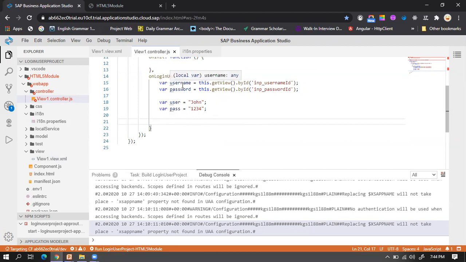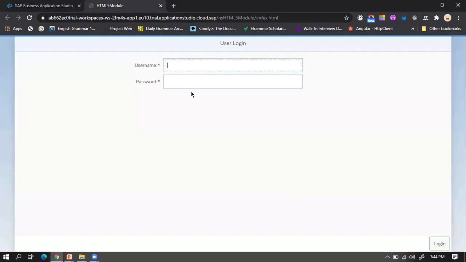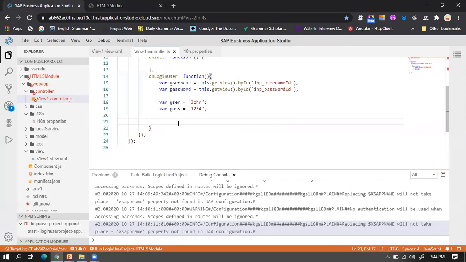And if the user is not entering anything in username and password, and directly clicks on login, then we also need to give him an error dialog box saying that he needs to enter the username and password. For that, we can add conditional statements. This is our username, so this is our ID. To get the value from this input, we have the method getValue. So username.getValue equal to empty.